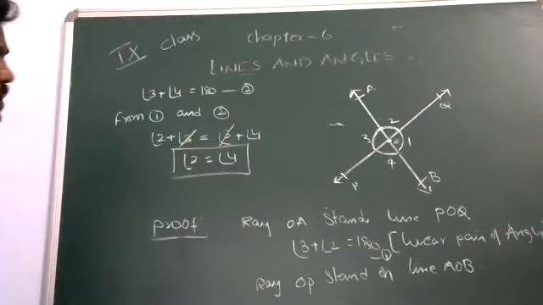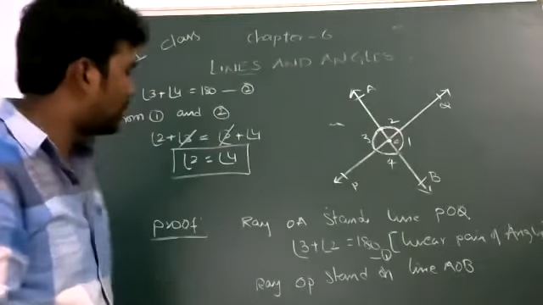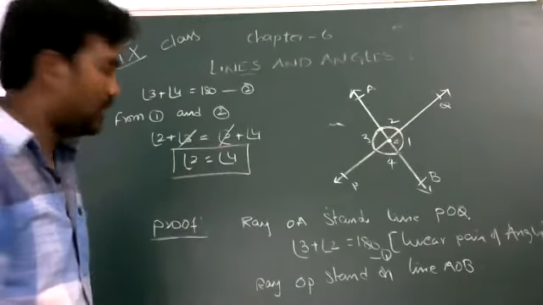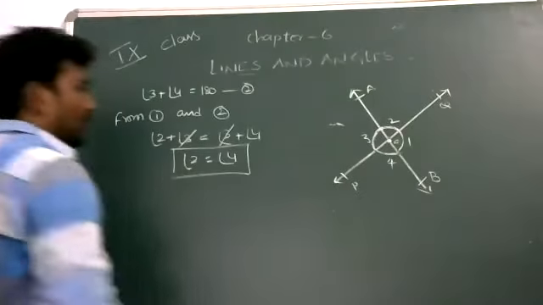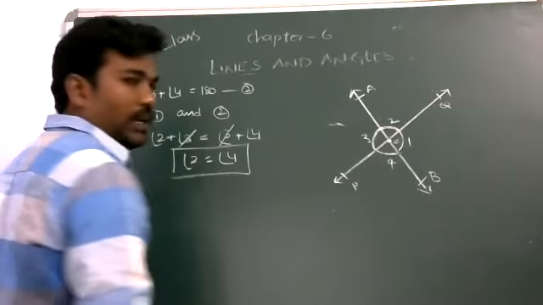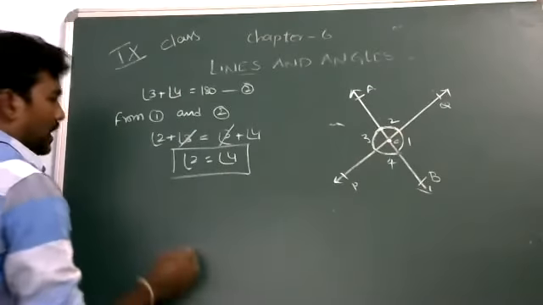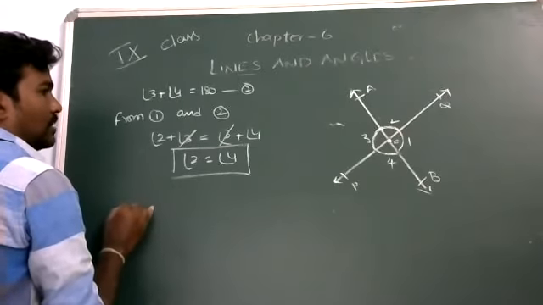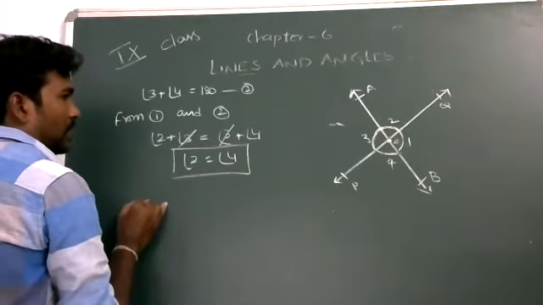First one proved now. Now these 2 and 4 are vertically opposite angles. Then these two are equal. Yes, completed. Now I am going to prove the remaining part. Similarly, we try to prove that angle 1 equals angle 3. So now case 2. Case 1 completed, comes to case 2.